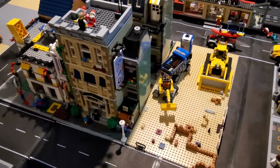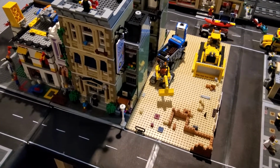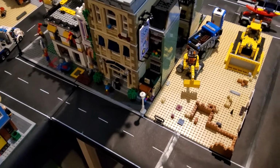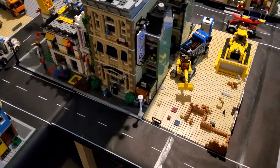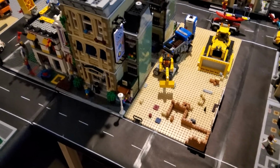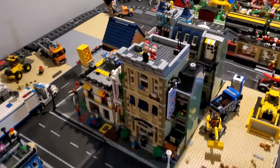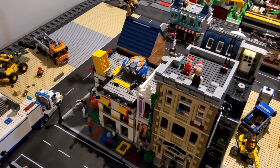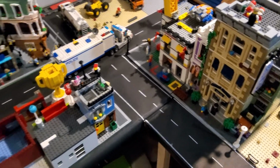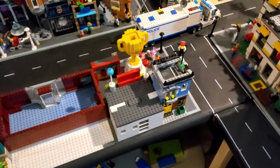And then that's for 2 corner modulars in the very far future, because corner modulars are only done every 3 years. So if I keep this current layout, it'll be a very long time before those are done. And then we've got the police station, the Parisian restaurant, my pet store and dog park, and then my Lego store on this block. And then here we have the custom City Square corner block,